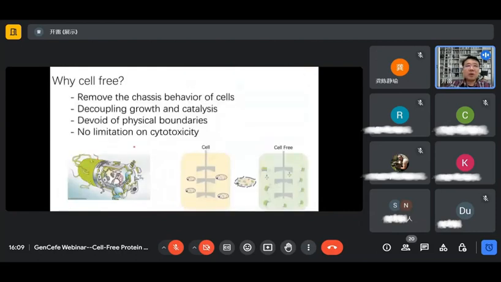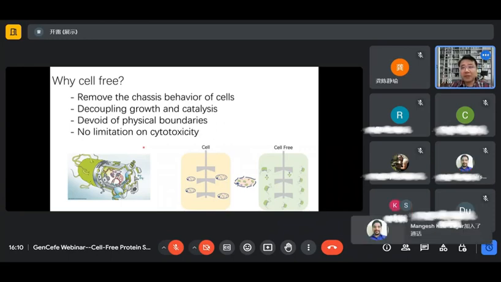So next, why are we using cell-free? Why do we bother? We have so many diversified cellular expression systems for recombinant protein production. Why do we bother to have cell-free? First, the cell-free technique was not initially designed for recombinant protein production, but rather to study the machinery of translation, also transcription-translation coupled reactions. So it was not designed for recombinant protein production, but as a byproduct, we